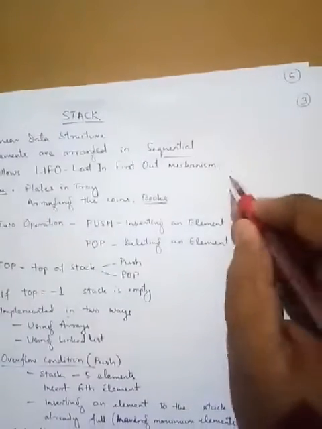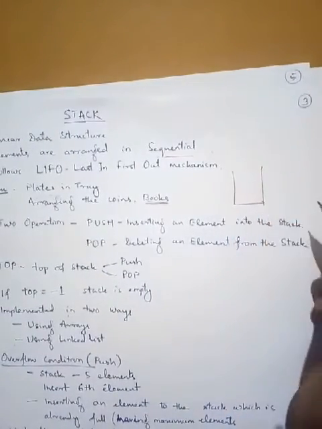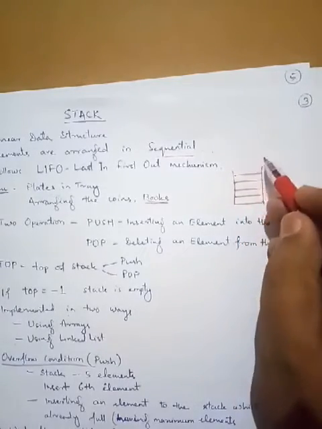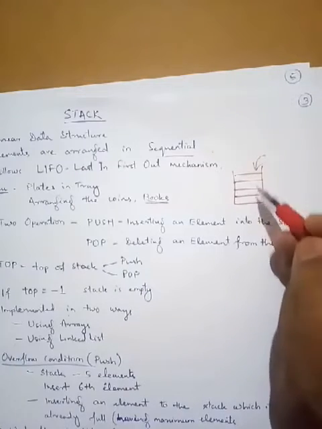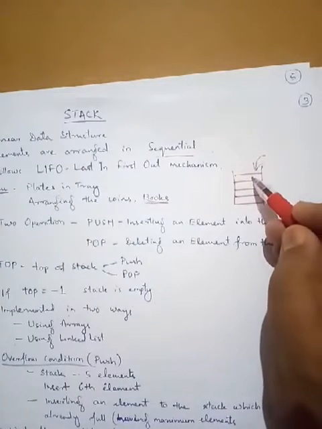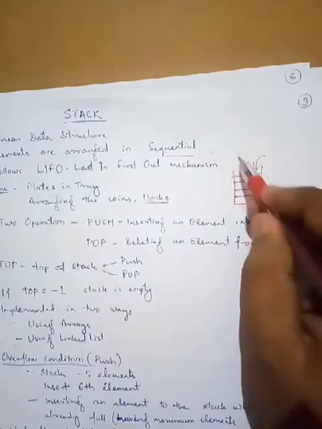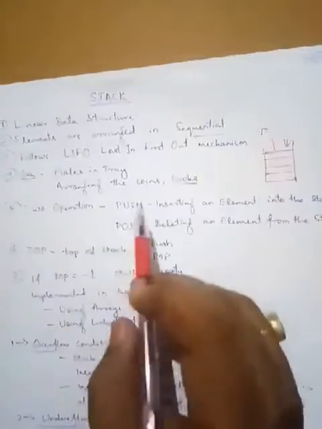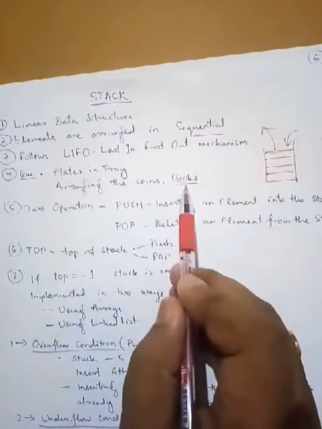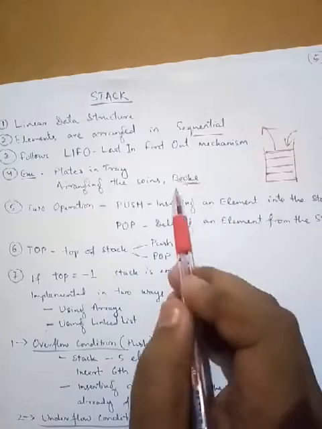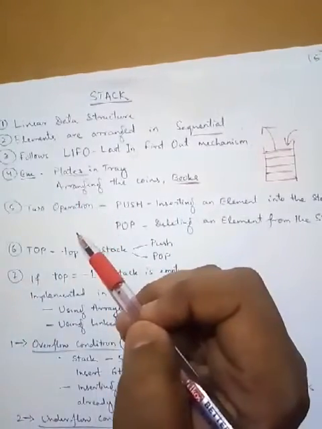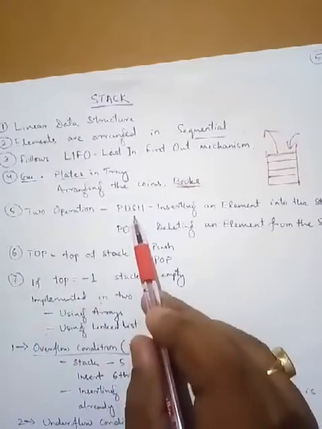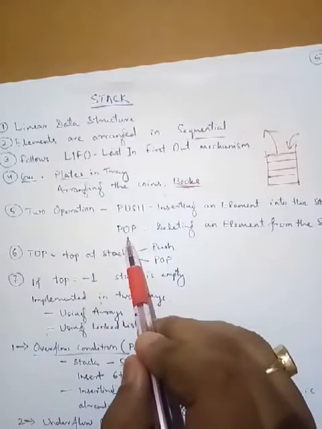You can take one example of stack. So you can enter the element from one end, that is the top end, and the element which enters at last, that will come out first, that is the LIFO mechanism. As I have already told, the stack of books or stack of plates. Now there are two different operations. This is very important. One is the push operation, another one is the pop operation.